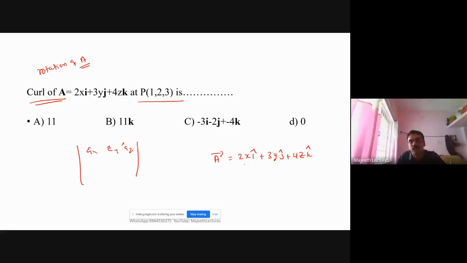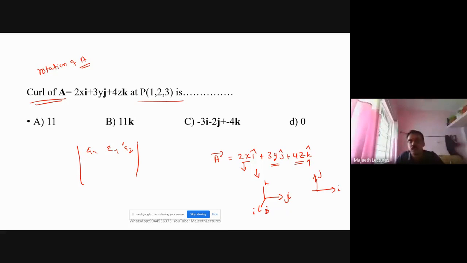Here you see the component: this is a unit vector i and the component is 2x. This is the unit vector j, the component of the vector is 3y in the j direction. In the k direction, the component of the vector is 4z. Let us assume this is ijk. I take only two dimensions, I explain, then you can go for three dimensions, ij.